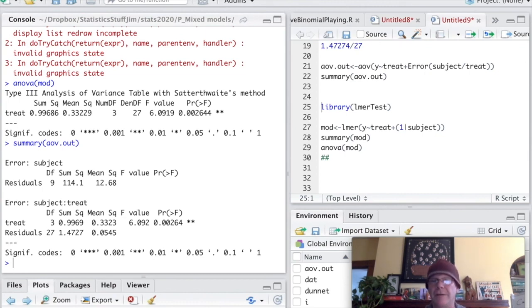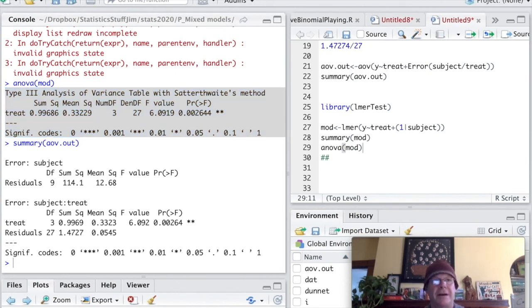Okay, and so we could follow that up then. Oh, I do want to remind everybody that when we're doing the ANOVA here, and we're getting this output, that's because we are using the package called lmerTest, and lmerTest is assuming that we know the appropriate denominator degrees of freedom. And there still is an active argument in the community about whether or not that is the appropriate degrees of freedom. And we could even look at what the output would look like if we had just